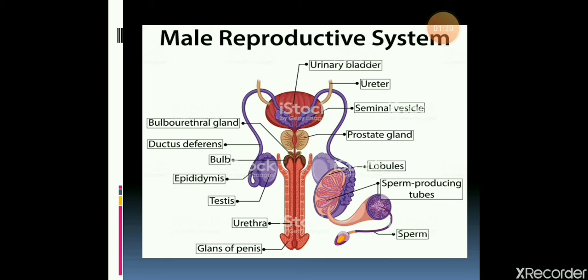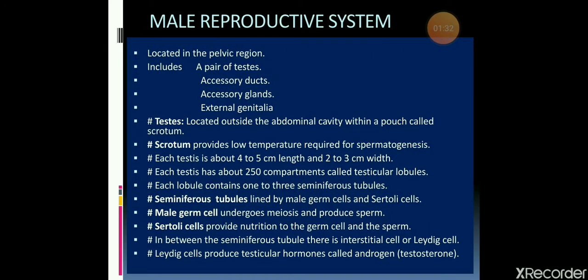So you will be following this structure for the male reproductive system. So we'll just begin with the male reproductive system, the structural details. We are going to learn this structure under 4 headings: a pair of testes, accessory ducts associated with it, accessory glands and external genitalia. So under these 4 headings we are going to learn in detail the structure of the male reproductive system. The system is found in the pelvic region, and first we'll see the pair of testes, the details of the structure.